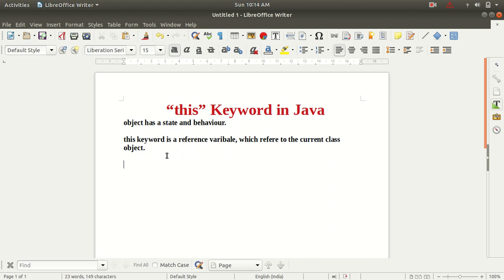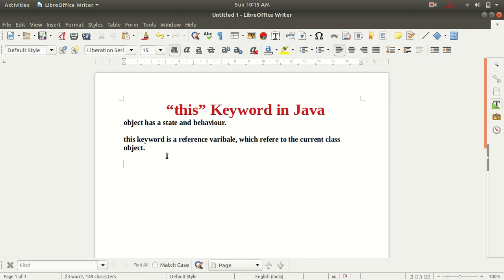Now guys, we are going to understand why the this keyword comes into existence. We will understand this with the help of a program where I will not use the this keyword, and we will see what problems we face without it.